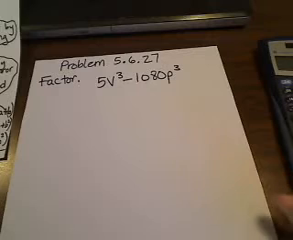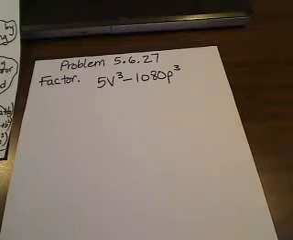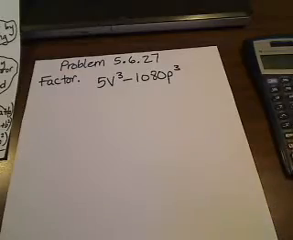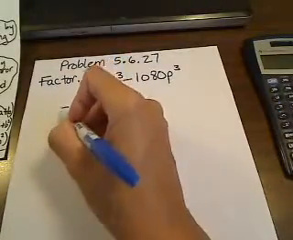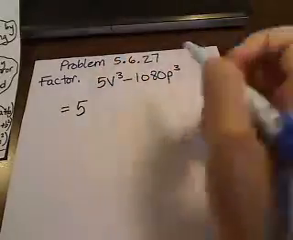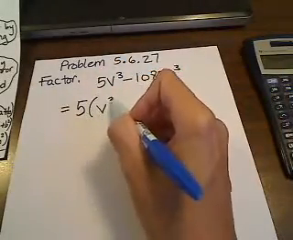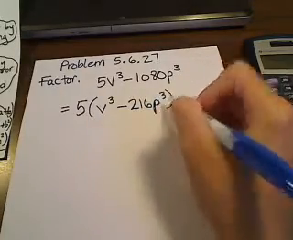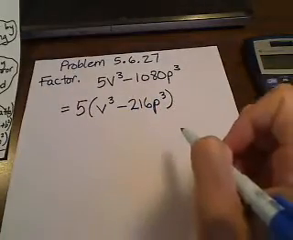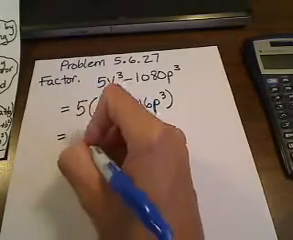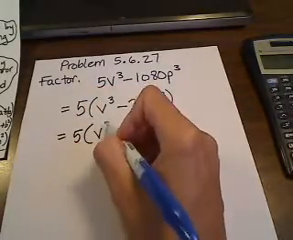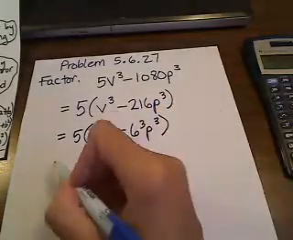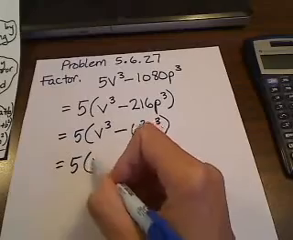So what I want to do is see if 1080 is divisible by 5, which I'm assuming it will be. Yeah, it's 216. So our 5 is the greatest common factor here. If we pull out the 5, then we're left with v cubed minus 216, and then we have p cubed. Now 216 is actually 6 cubed, so we want to write that as v cubed minus 6 cubed and p cubed. So that can be written as a quantity,